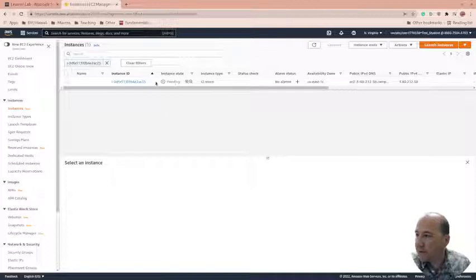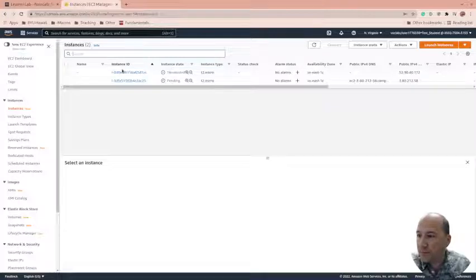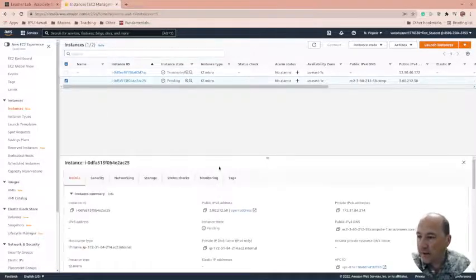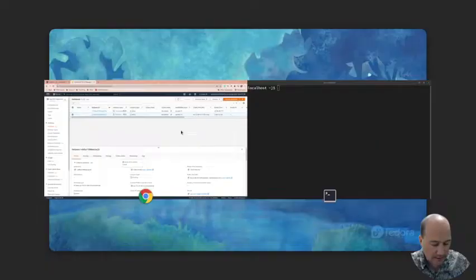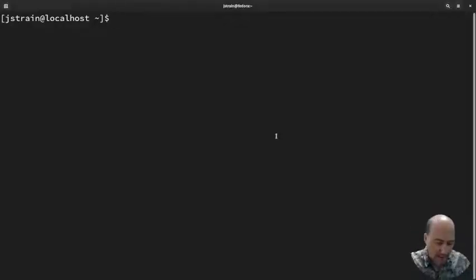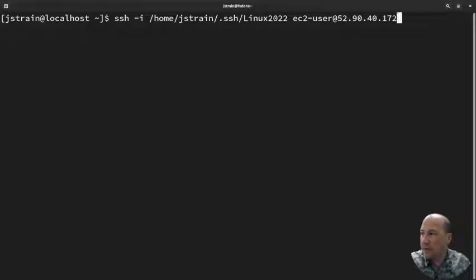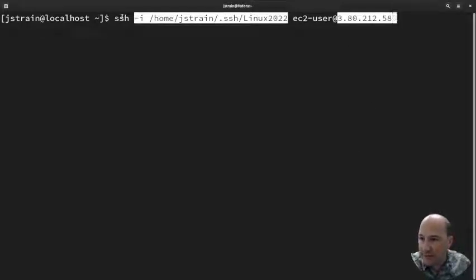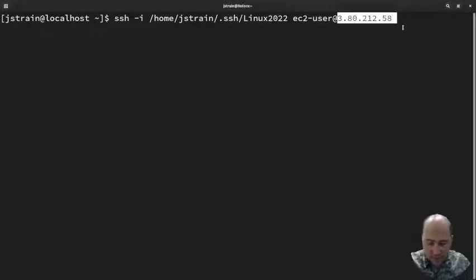And so this right here, you can see is pending. I'm going to click this so we can actually see both of them. We can see that this one right here is terminated and this one is pending. So if I click here, once again, I can get the public IP address. It might be ready already. We'll find out. So I'm just going to click the up arrow so I can get to my prior command. I'm just going to change this to the new IP address. Remember, if you put your key in the right area, you don't need this. It's just SSH ec2-user at your IP address. But if you put it in a different area, you need that. So we're going to hit enter,